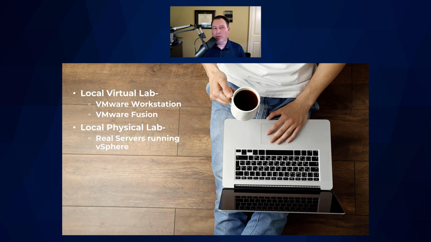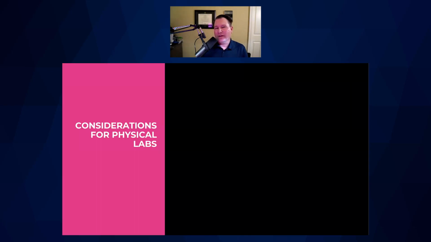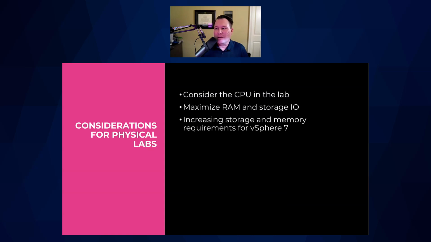Of course, the ideal way to do that would be to have multiple physical hosts, just like you would in the real data center, but that's going to cost money to buy physical servers. And considerations, or my tips here, when it comes to buying physical servers to create a lab environment, consider the CPU in the lab. How many CPUs will you need to run these workloads, and what CPU are you going to have in your servers? You want to make sure that they're going to be compatible with vSphere. Make sure you have enough RAM and storage. Those are really the primary constraints in a vSphere lab environment.